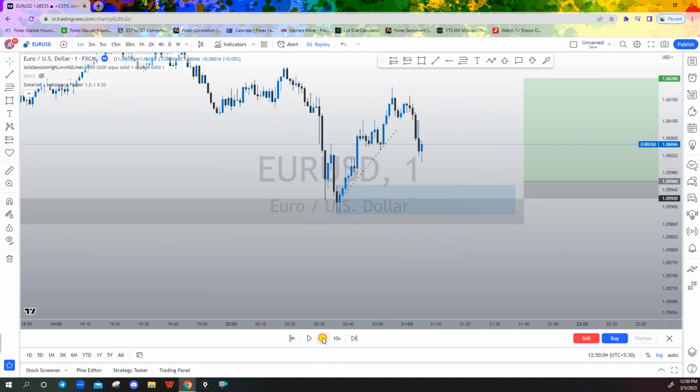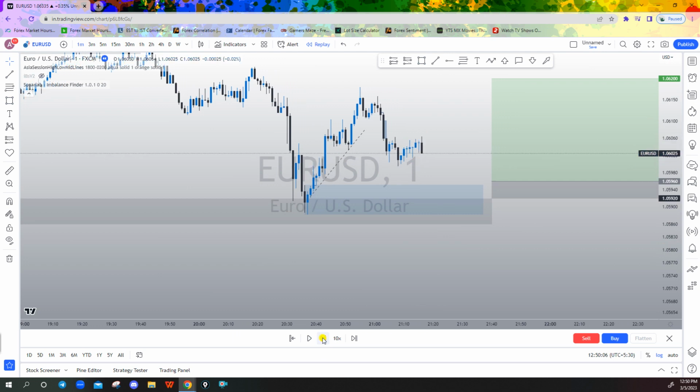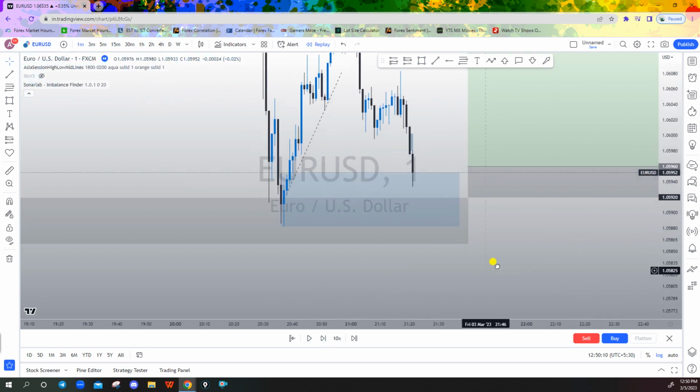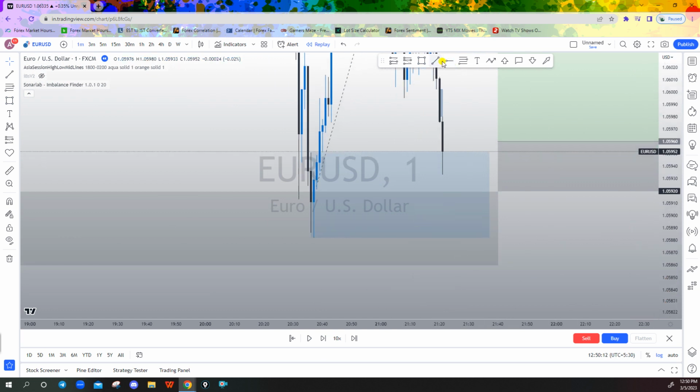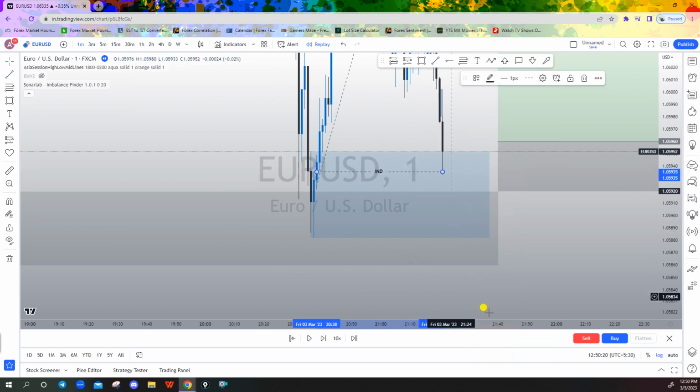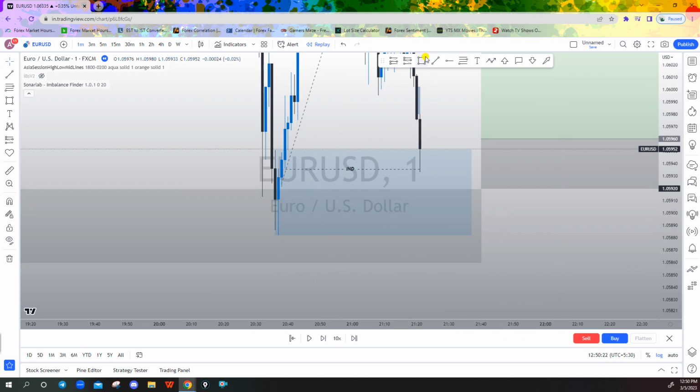Now what I was doing is waiting for the market to come and tap into this order block. The market did give me a tap in. I'll wait for the liquidity to be swept out. Over here, done. So this liquidity has been induced. Okay, this level has been induced. Now I'll wait to see whether this level is going to get tested. Okay,